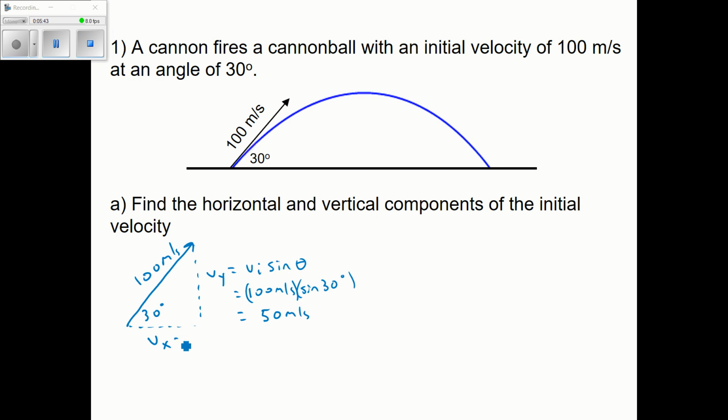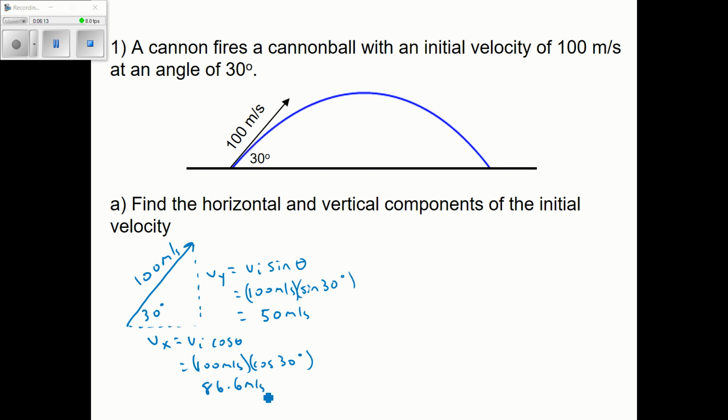So we find the x component by using the formula we got on the last page. So we do 100 meters per second times cosine of 30 degrees. If you take your calculator out, which you should have out, don't just watch me do it. And if you didn't get the right answer on the last one, make sure you're in degree mode. You get 86.6